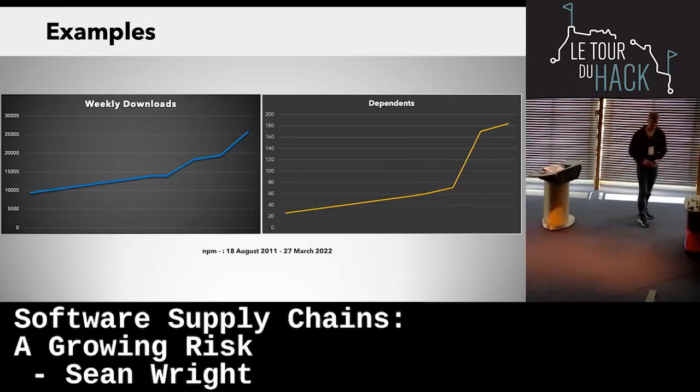And you can see the significant increase. So we're talking about thousands of weekly downloads, and there were about 84, I think, dependents. So 84 other packages have this package as a dependency. And this package does nothing. So that to me points to the picture where people are just downloading stuff without actually validating it.